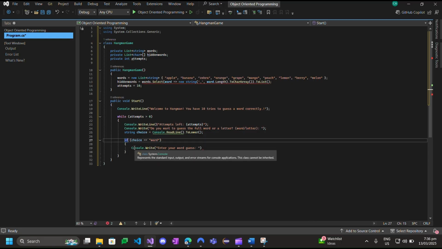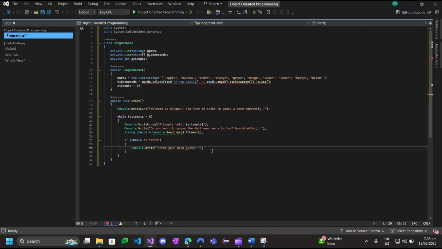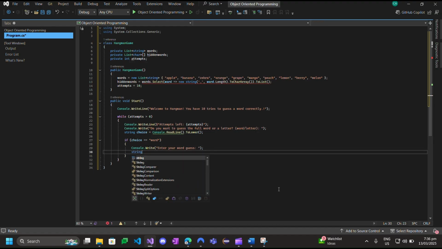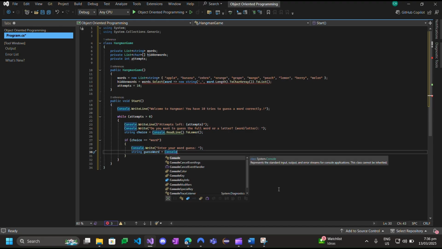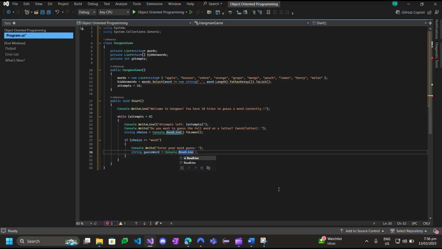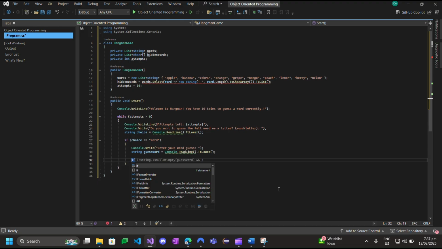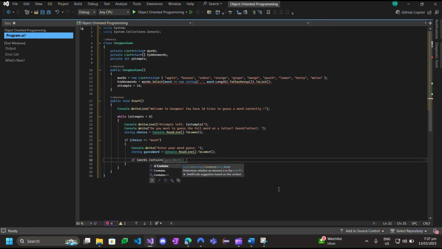So this means that if the user chooses to enter the word, it will show in the console what word they want to guess. So string guessWord equals Console.ReadLine().ToLower(). And if words contains guessWord,